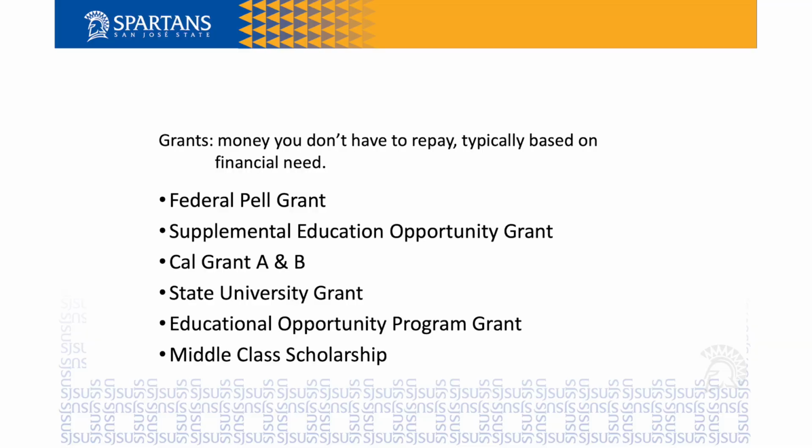So the various types of financial aid comes in grants, or it comes in our different loan programs. Here I've listed various grants. There are federal grants and there are state grants. So we have our federal Pell Grant, we have our federal Supplemental Education Opportunity Grant, and then also we have on the state side our California grant programs, which include Cal Grant A and B. We have our state university grant. We have our Education Opportunity Program grant if you are admitted through that program, and then also the Middle Class